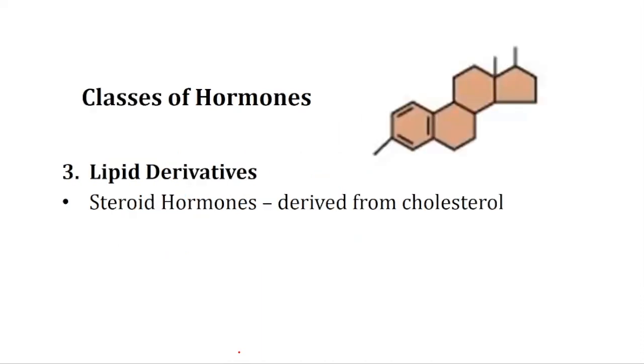The third type is known as lipid derivatives. Lipid derivatives are very different from the amino acid derivatives in that these are lipid soluble. Lipid derivatives are also known as steroid hormones, and these are derived from a structure called cholesterol. Cholesterol is a type of lipid, a family of lipid,